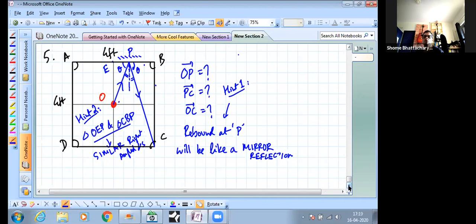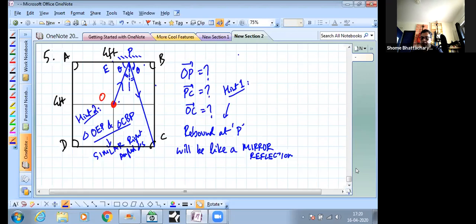Now moving on to the rest of the questions. Question number 6 is again something I'm leaving for you to attempt, because it's a comparatively easier question. The advice I will give you for question 6 is just make a proper diagram and relate all the displacements with respect to the geographical directions given in the diagram. It says that first it moves towards north, then it moves towards east and things like that. So just make a diagram in which you have defined your north, south, east, west according to your XY coordinate system, and just try and trace the path of the car. From that you will be able to figure out what the displacement is.